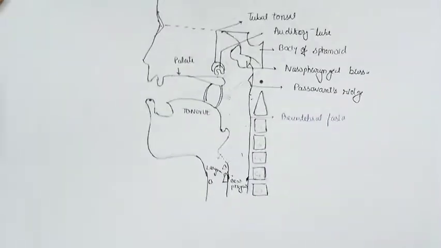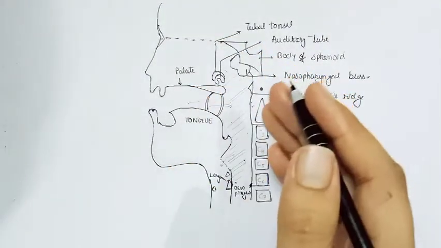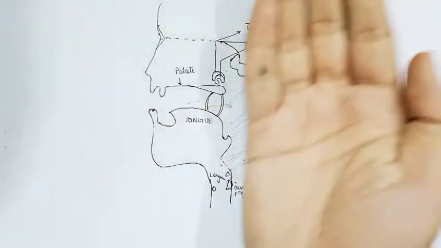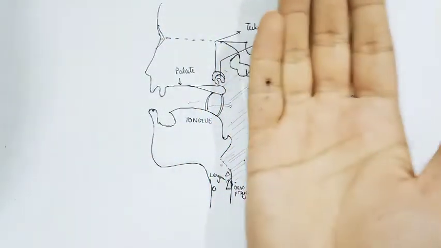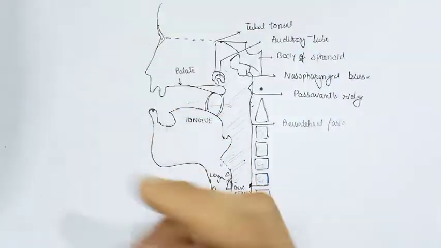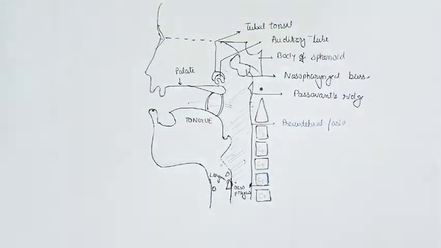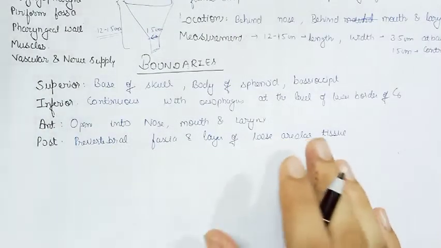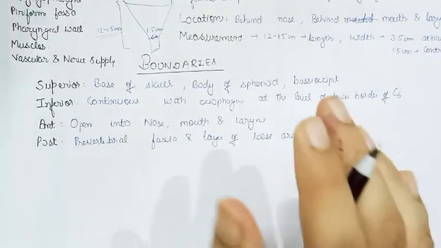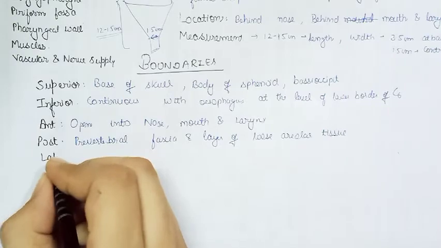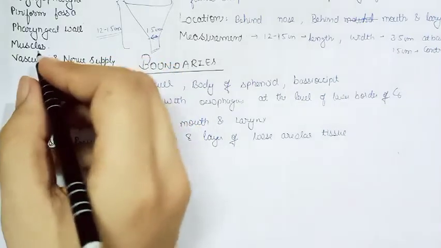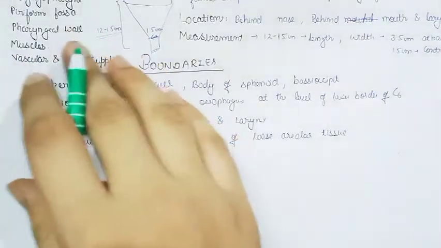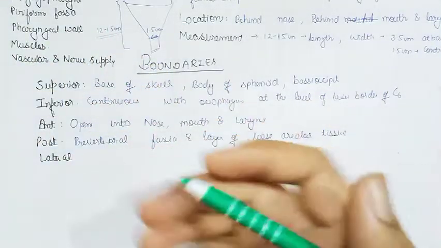Since it is a tube, it has an anterior boundary, posterior boundary, superior and inferior. It moreover has the lateral boundaries, which are cut out here. In this diagram, the lateral boundaries are cut out and removed, so you can't see them. I'm just telling the lateral boundaries now in the meantime, because they will be more clear to you when we discuss the pharyngeal wall or the pharyngeal muscles, because the pharyngeal muscles originate from all these structures.